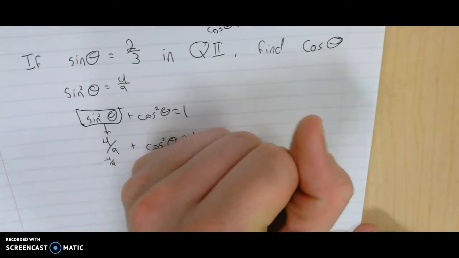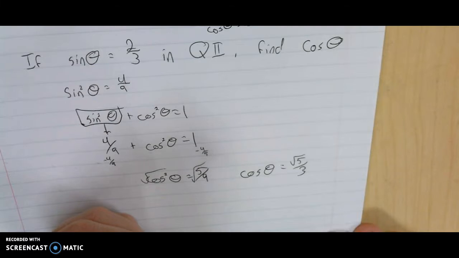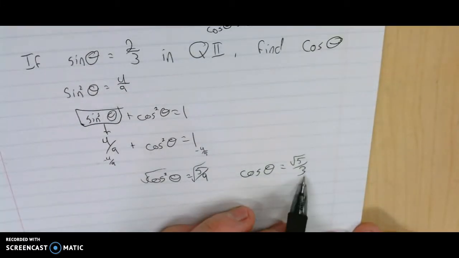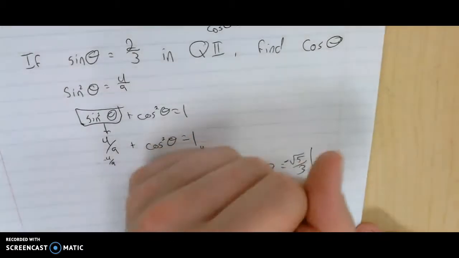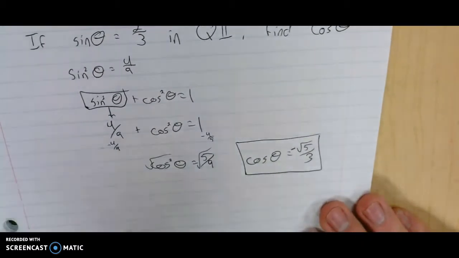I don't know the square root of 5, so I'll just leave it as rad 5. Square root of 9 is 3. So the cosine of theta is going to be rad 5 over 3. However, it's in quadrant 2, so I need to make sure I throw a negative out front. So that's how we do it using the formula. Here's how I would strongly advise you do this